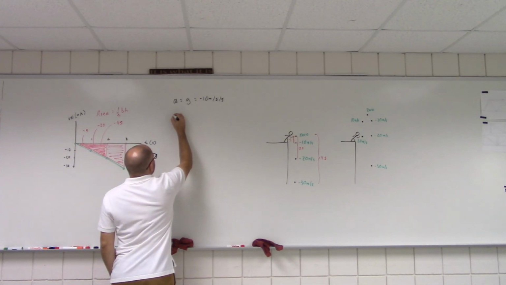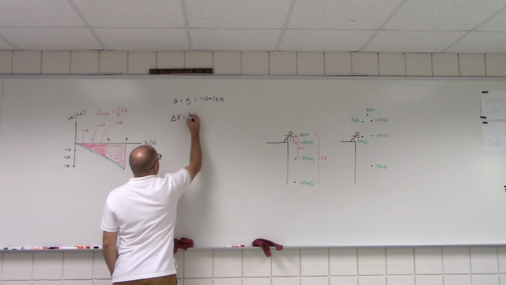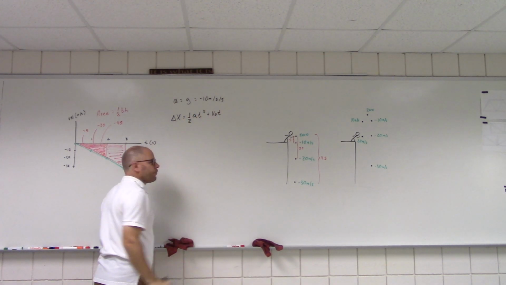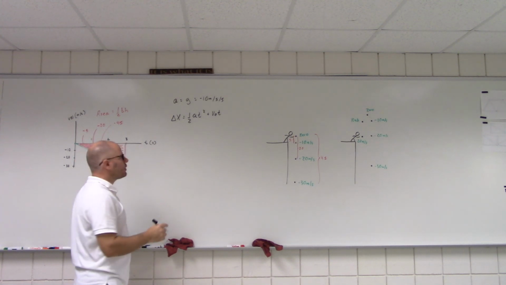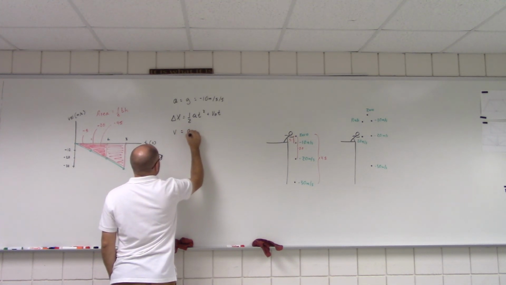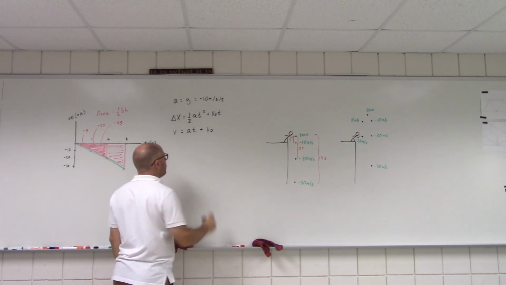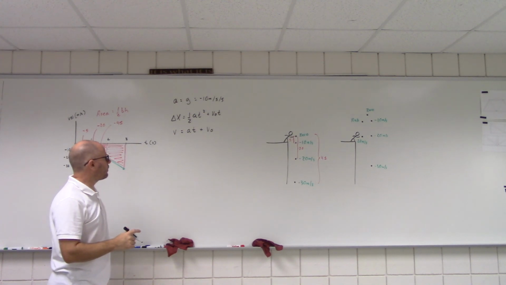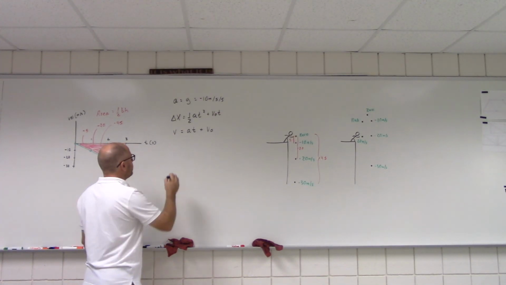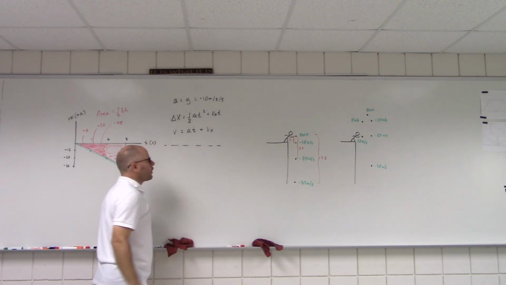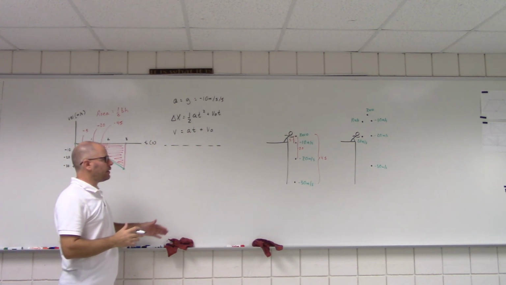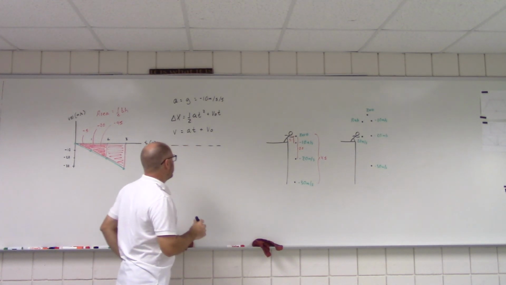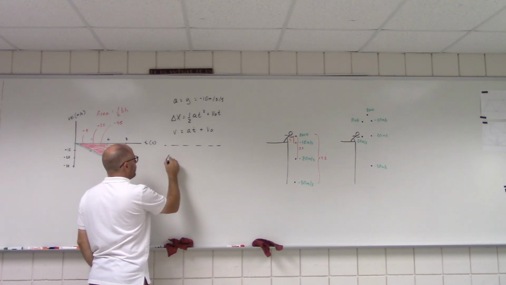And so our equations, that's one of our constant acceleration equations. That's our other constant acceleration equation. These, we're going to change a little bit because now all of a sudden we're moving in the y direction, we're now moving in the up and down direction. And so instead of delta x,